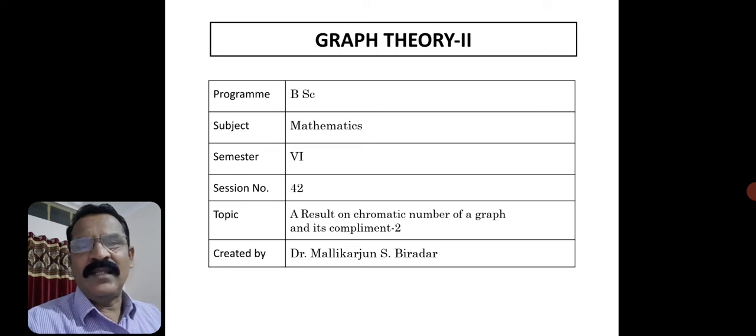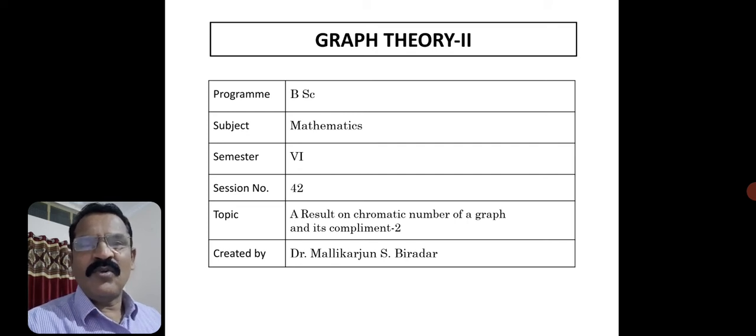It implies the number of edges in G and G bar together is equal to the number of edges in the complete graph with p vertices. Very interesting, isn't it? So what would be the number of edges in a complete graph with p vertices? That you already know, you should remember. The number of edges in a complete graph with p vertices is pC2, or you can say p into p minus 1 divided by 2. That is the total number of edges in a complete graph.